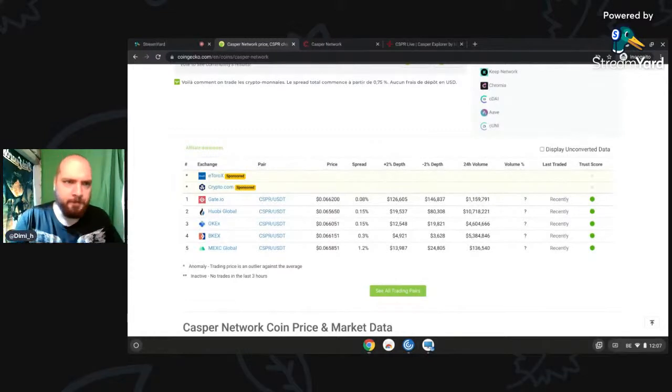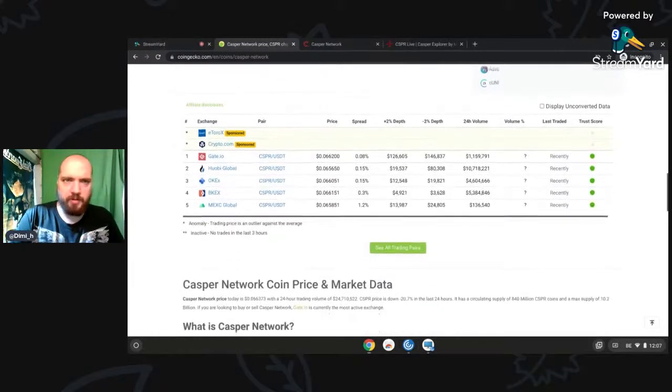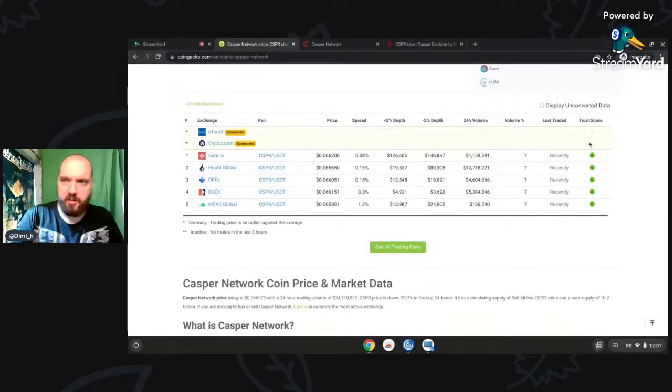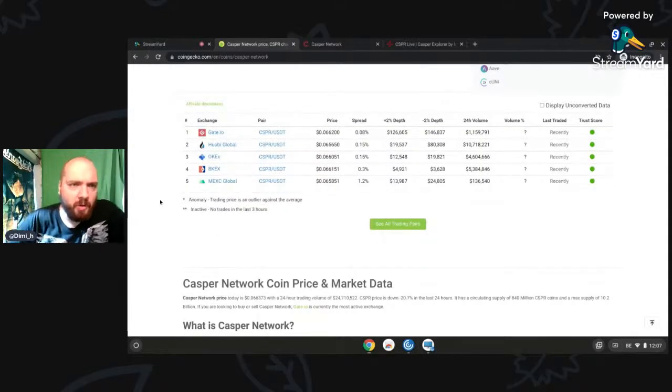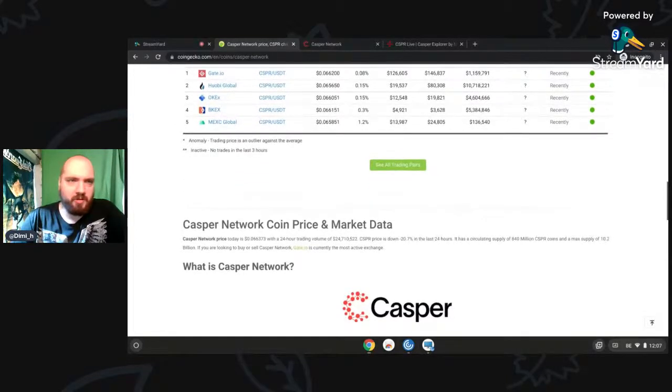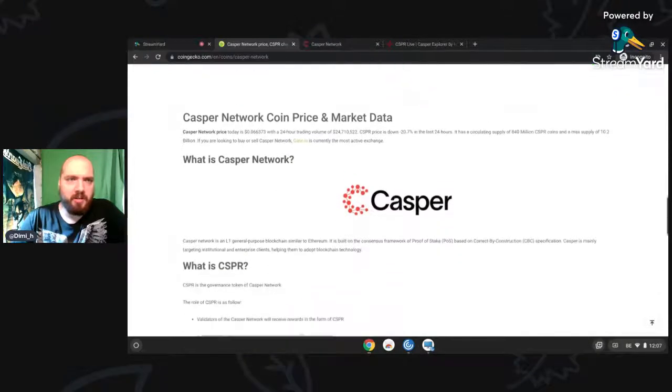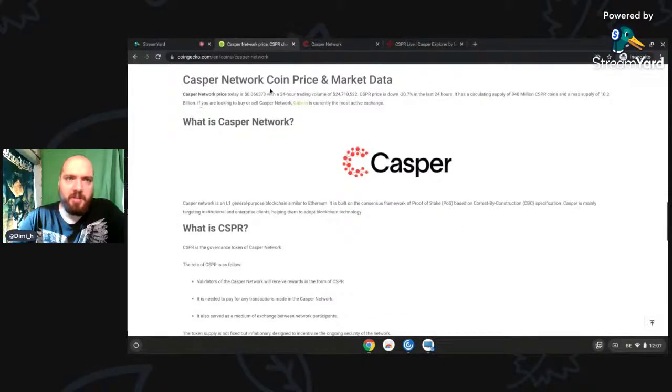You never know. So where is it mostly being traded? I see Gate.io here. Gate.io, Huobi, OKX, BKX, and MKEX. Okay, so those are the exchanges where you can value them. Casper Network Coin Price and Market Index. So 24 trading volume, price down minus